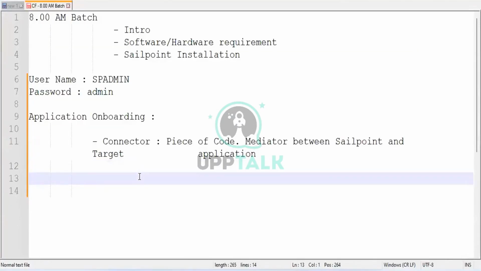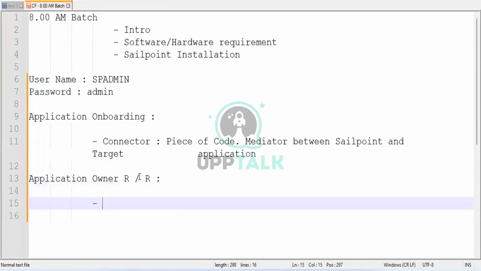Because usually I ask these kinds of questions, whether it's a fresher or someone with five years of experience. Definitely, I'll ask. Application owner: the end user is going to submit an access request. Consider an end user has submitted a request for this particular application. As the application owner, he approves or revokes the access request.